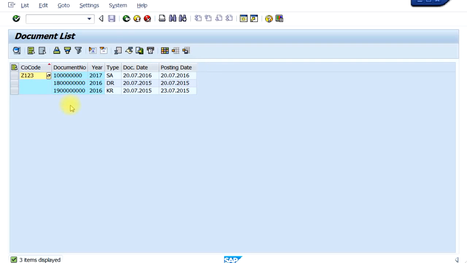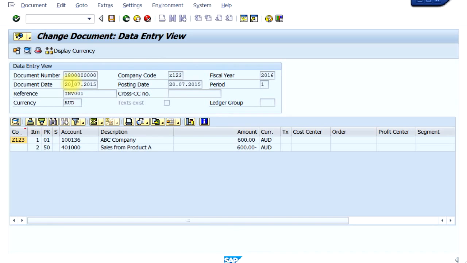Now let's go and change one of these documents. For example, this document 18 followed by 8 zeros, DR, that's a document type, it's probably a customer invoice document type. Let's double click on that document, and the document is appearing now. Now if you want to change the header details of this document, which is this section, the header section, click on the hat. It's easy to remember, the hat goes on your head, so that is the header identification icon. So you can click on that,